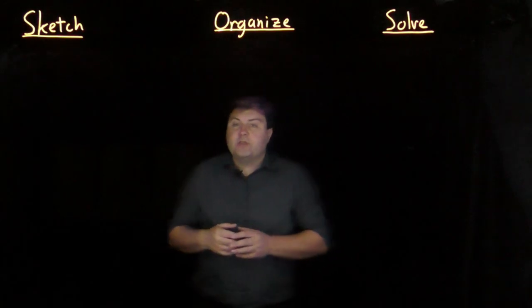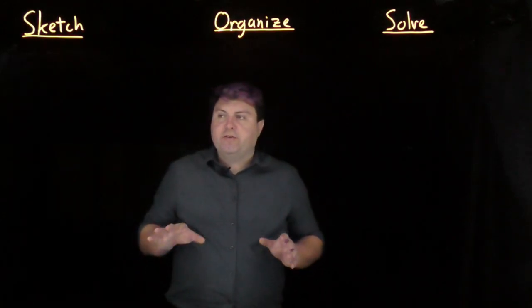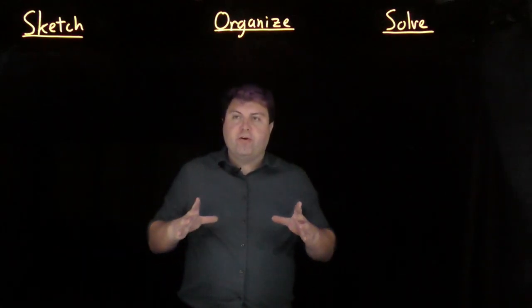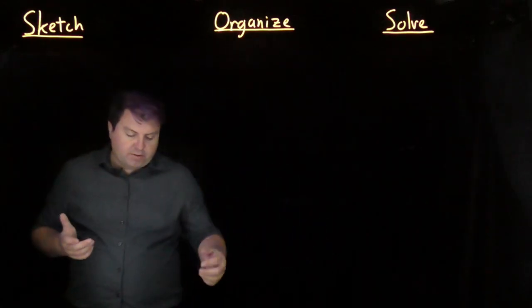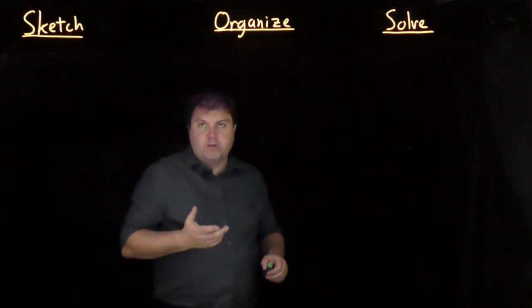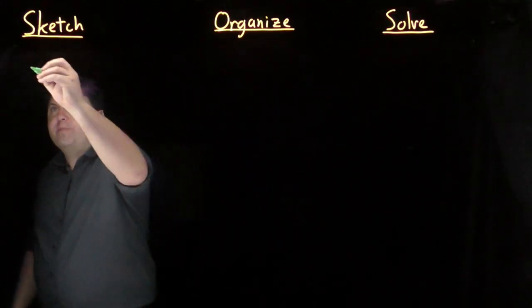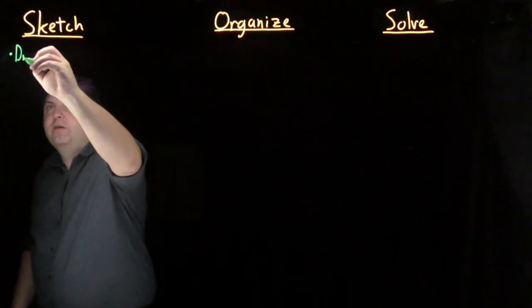Welcome. So we have two different ways of solving for electric potential. This is going to be the superposition of known electric potentials, sometimes called the sum of dV's method or superposition method. So in this sketch organize solve, we're going to start by sketching,